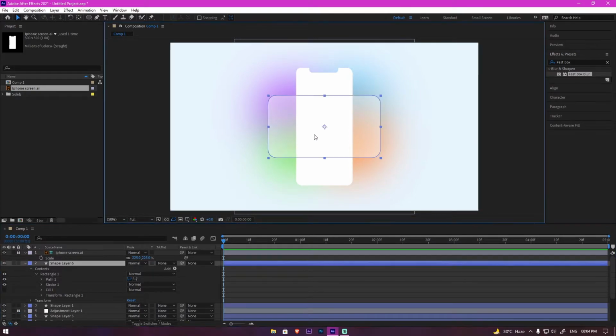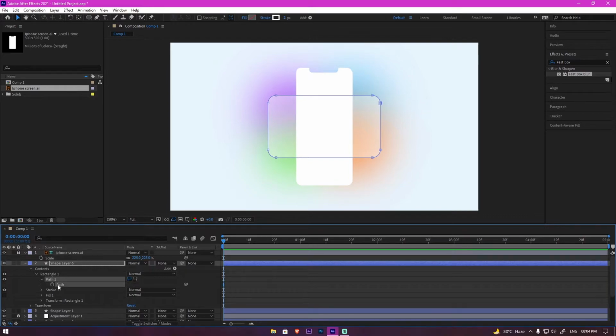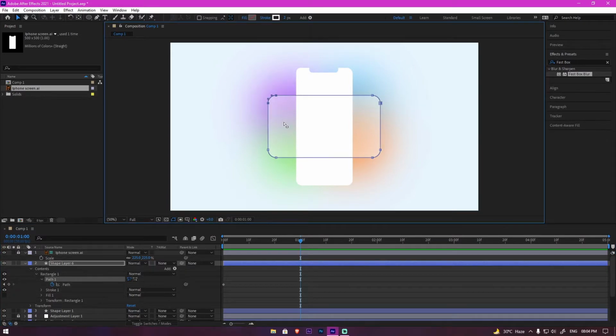Now click on the rectangle's path 1, as you can see. Now create a keyframe by clicking on the watch icon, then go 30 frames ahead and change the shape of the rectangle by selecting the points with your mouse and arranging them according to your desired shape. You can use shift plus arrow keys to move the points.